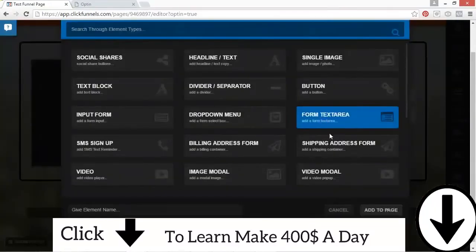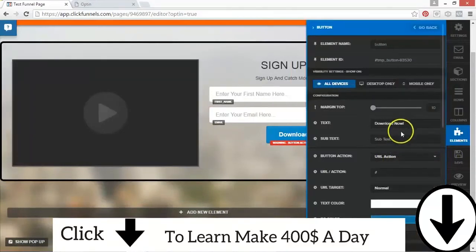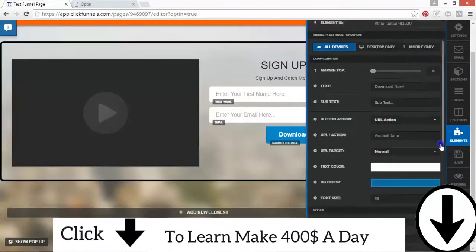So come down here and press plus, press button, add to page. And the way ClickFunnels works is really cool. You get these little hashtags, these little short codes. So what we want this to do when we press the button is submit the form. That's it, done. You don't have to mess around with plugins, code or anything, and you can come down here